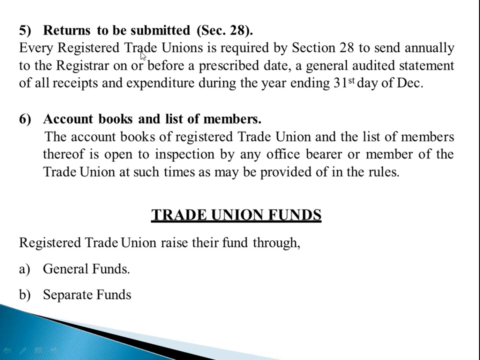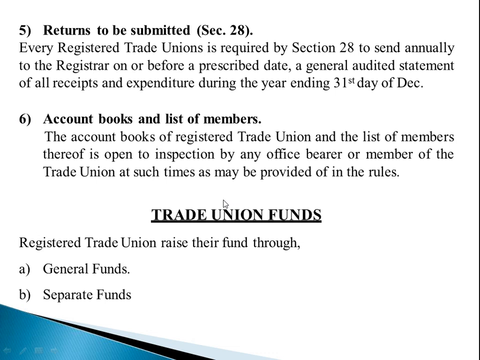This is the purpose of the Trade Union Act. Trade union privileges and rights are many, but when they are maintaining a trade union according to legislation, these things have to be properly maintained when they are registered